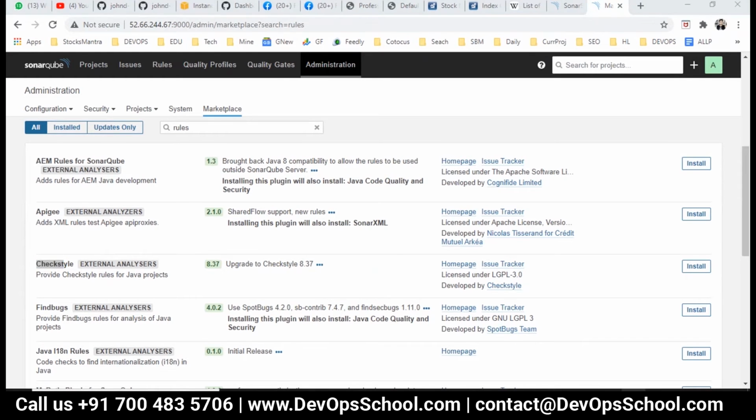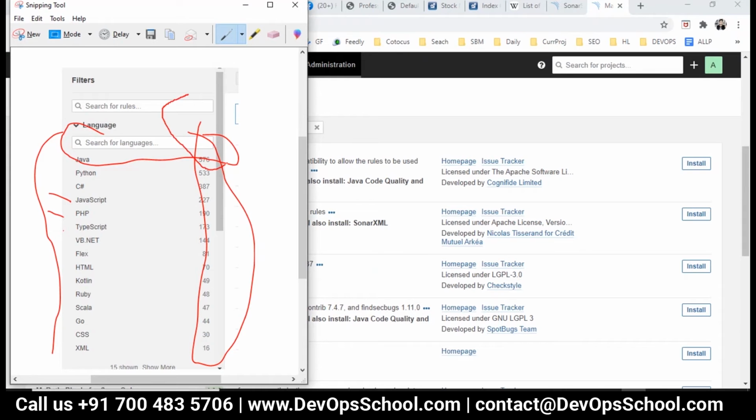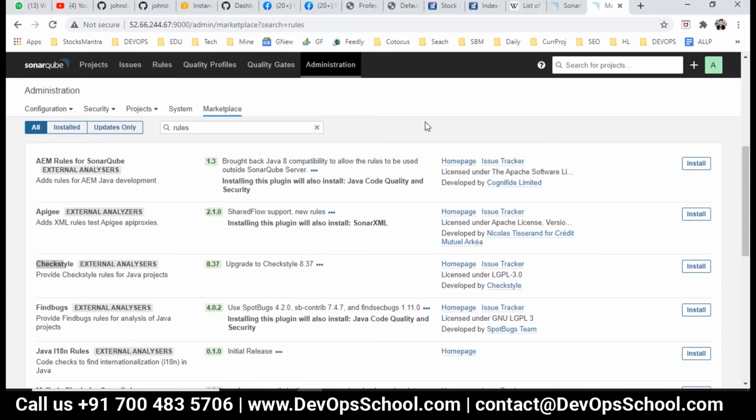Remember, last time the rules I had in Java were 576. I am installing Checkstyle, which means more Java rules. Checkstyle is a static code analyzer for Java code. So I installed Checkstyle. It's asking for a restart.